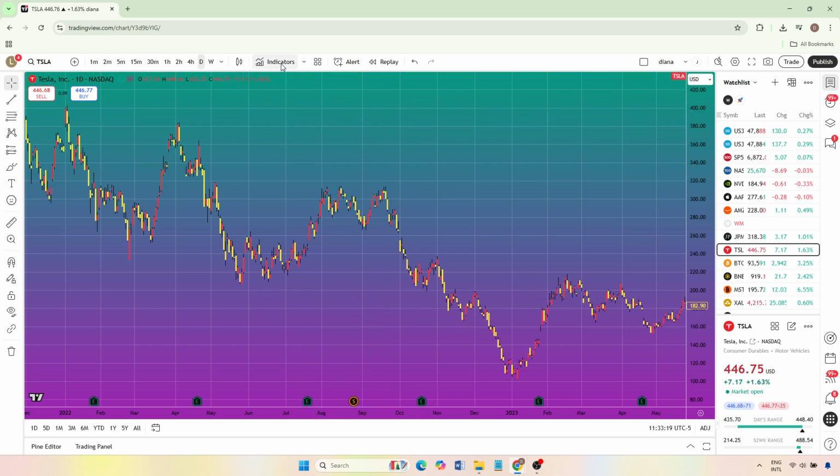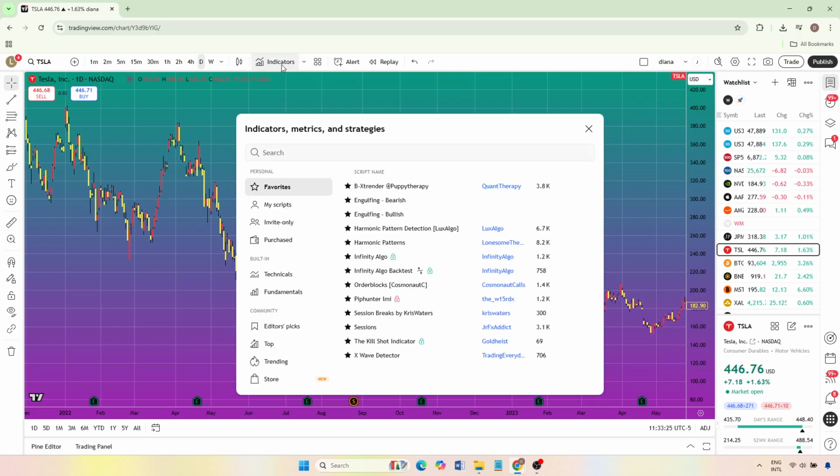At the top of your chart, look for the button labelled Indicators. It usually sits near the timeframes and Tools toolbar. Go ahead and click on Indicators to open the Indicators and Strategies window. This is where you can search for and add all kinds of tools to your chart, including community scripts and